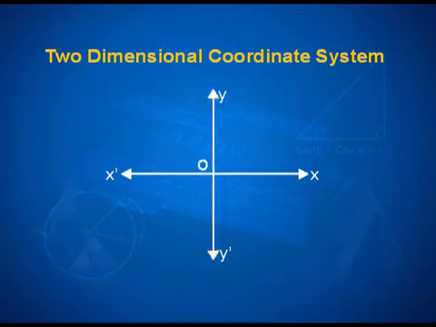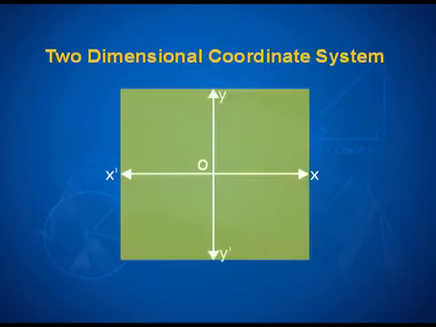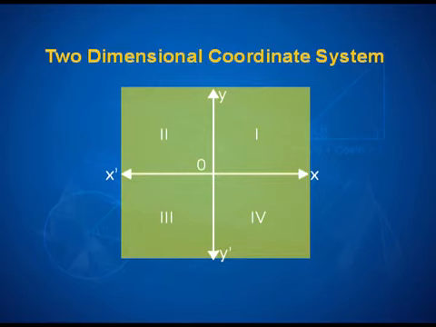Between these two lines, we constitute what is called as the xy plane. These two lines divide the xy plane into quadrants, which are numbered as 1, 2, 3 and 4 as we move anti-clockwise. And you are pretty confident of how the direction and the signs of coordinates in this system are